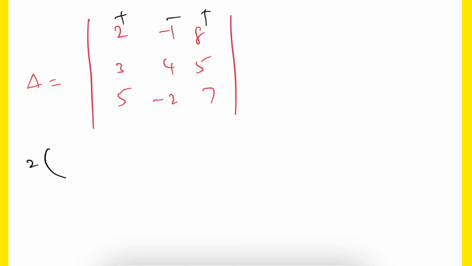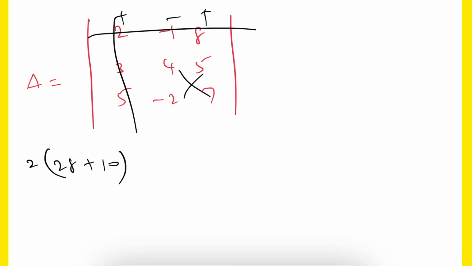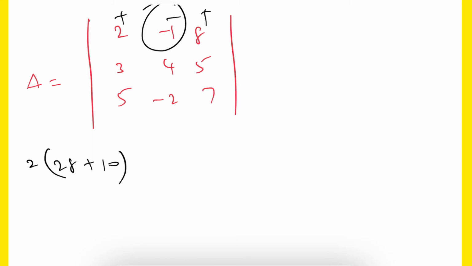So 2 into (4 7s are 28 minus 2 into 5, which is 10). Already minus is there, so it will become plus. Then next will be minus into minus, it is plus. So plus 1 into